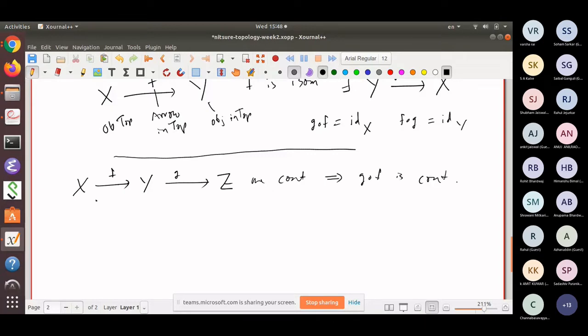So this is the composition, and obviously the way it is defined, if I have four things, X, Y,